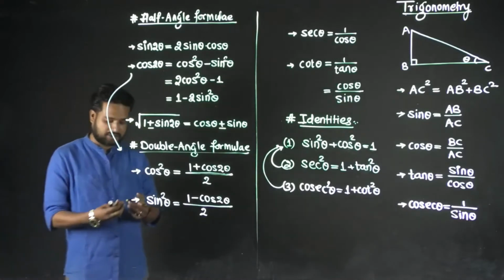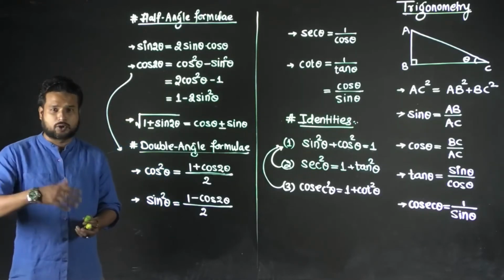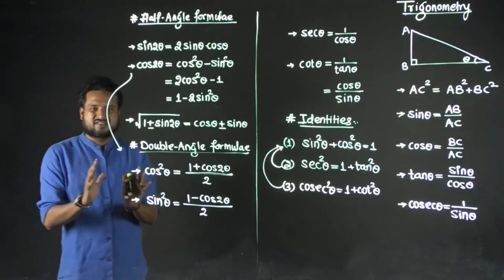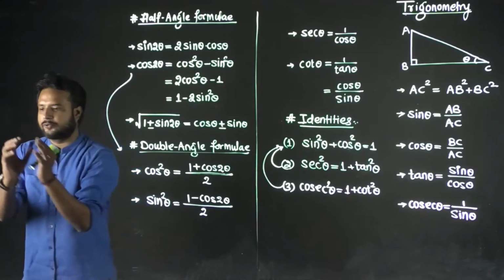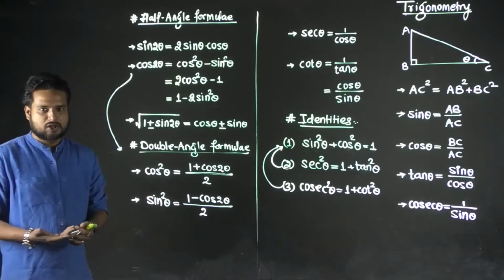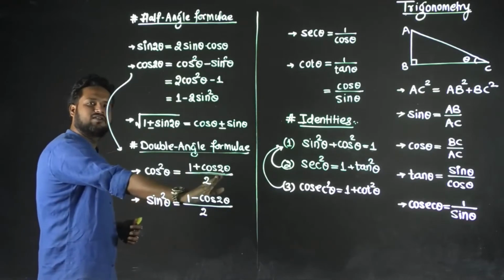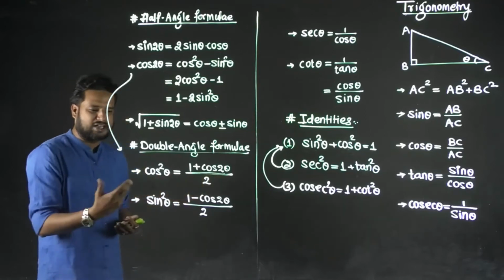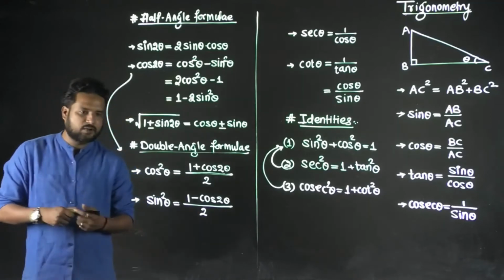Now why do I need this formula? In many engineering applications, or basically a few topics that you're going to study, you will realize that we always want a simplified version of trigonometry. Meaning what? I need only sine or I need only cos. If I have any power, then it becomes difficult to solve that particular problem. So what this formula does, it converts that square part into kind of a linear part, you can say. It's not a linear function, but I'm just saying it's a linear part. So that means it just removes that square factor from there.